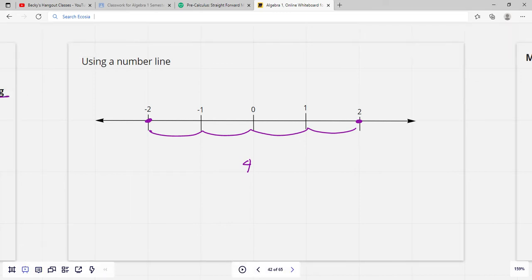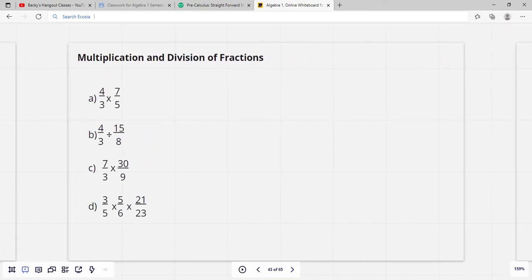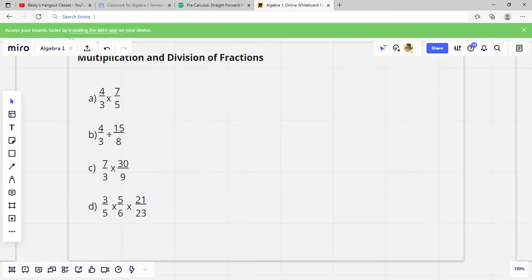All right, multiplication and division of fractions. You guys should already know how to do this. So on this one, multiplying, super duper easy. All we do is multiply across the top and the bottom. 7 times 4 is 28, and 3 times 5 is 15. Okay, so that first one is